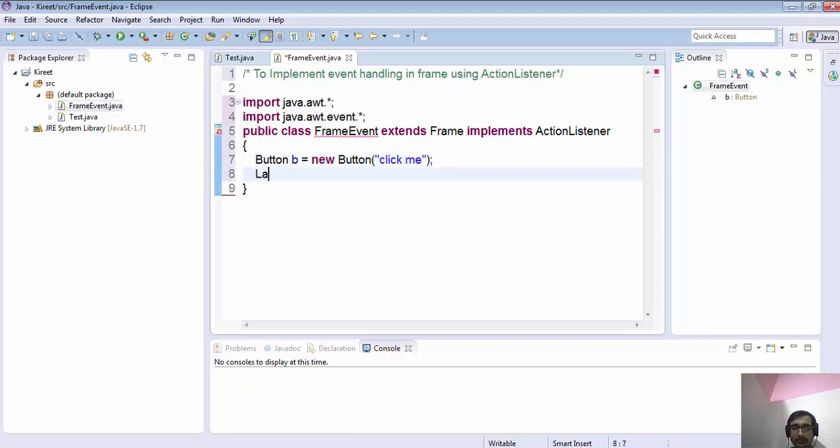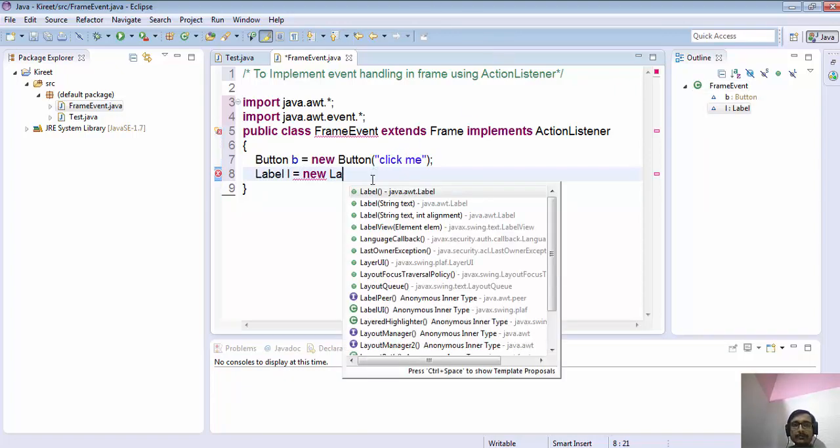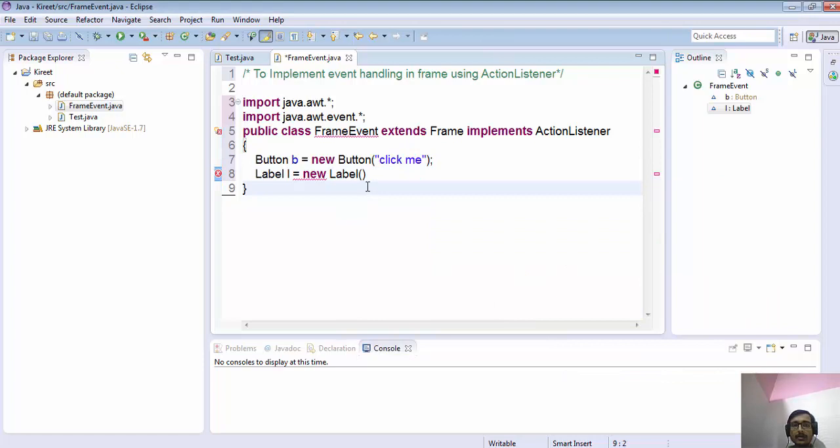Label l is equal to new Label, and it says Name, and TextField tf is equal to new TextField, and the size is 10. So these are the three components which we'll be using.